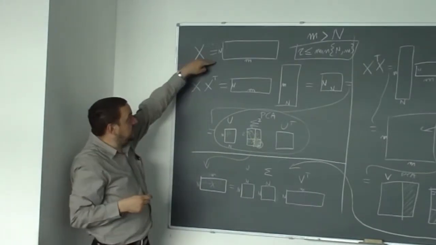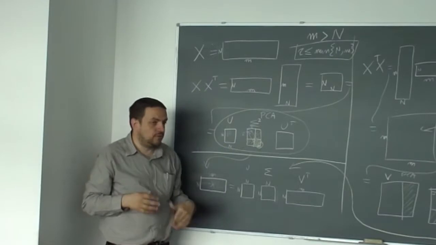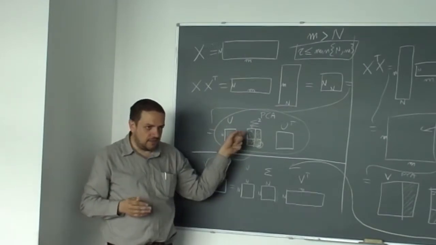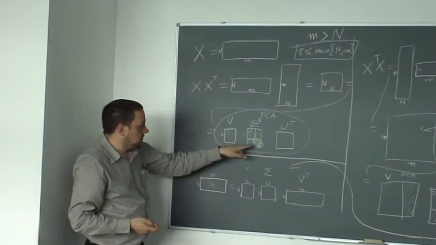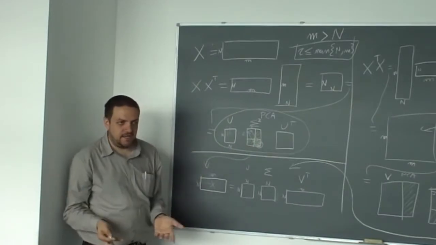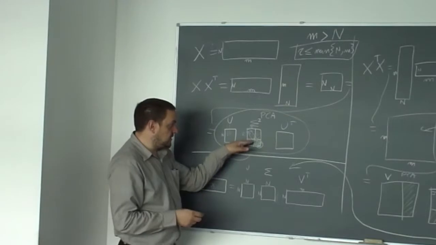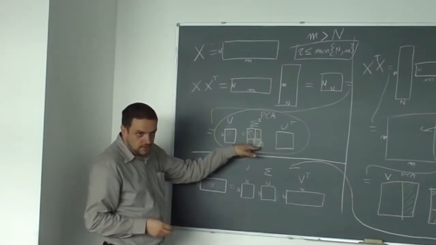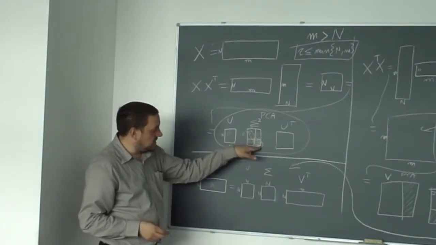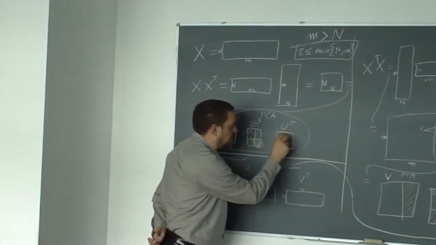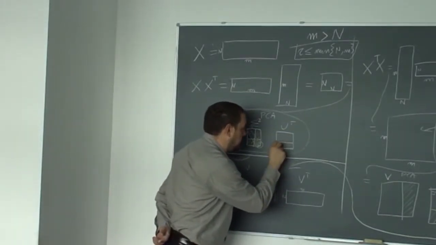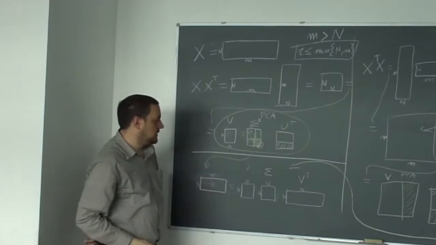If there is linear independence, then R is equal to N, and we are not reducing anything. In some lucky cases, we can reduce even more. And of course, if these eigenvalues are 0, then we can remove the final rows